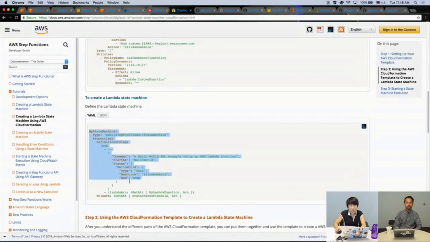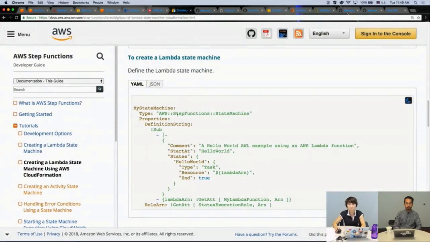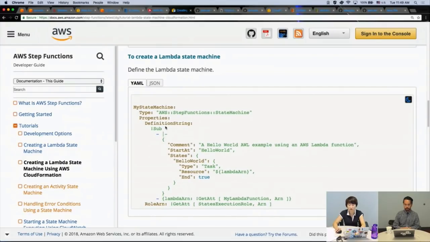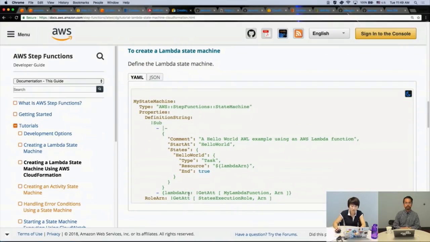In our documentation, we actually show an example of how you can define a Step Function state machine within CloudFormation. Let me make this bigger. You can see here the type of this resource would be Step Function state machine, and you can inline the definition string, the JSON definition that we've been working on, into the CloudFormation template itself. Another cool thing here is,